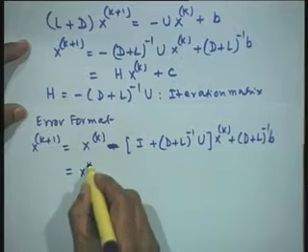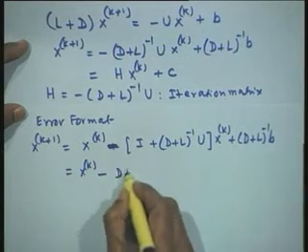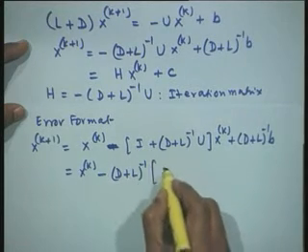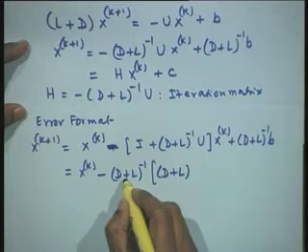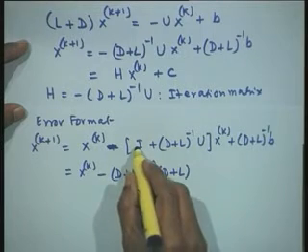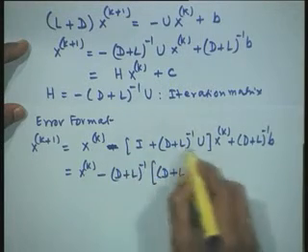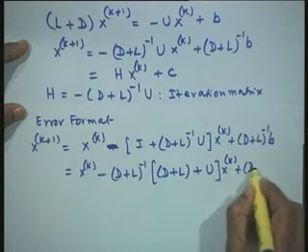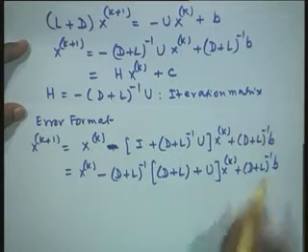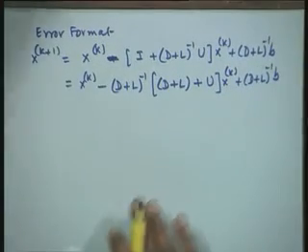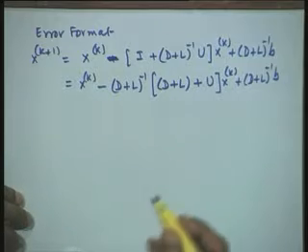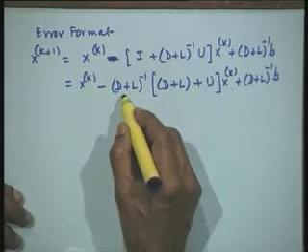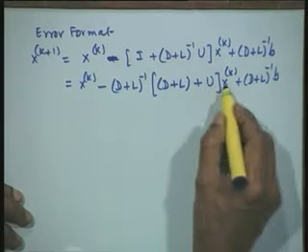Again I will manipulate it in such a way that I take this (D plus L) inverse out on the left. Then this will be D plus L, and (D plus L) inverse gives us I. So this is our I, and I have taken this from the left hand side. So U will be left out, x^k plus (D plus L) inverse of b. Now, this is D plus L plus U, that is A again, with (D plus L) inverse common, so I will have b minus A x^k.